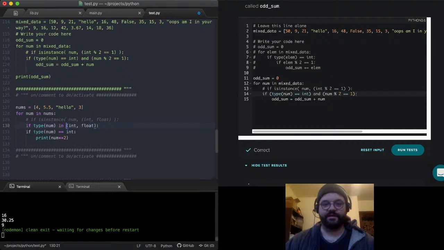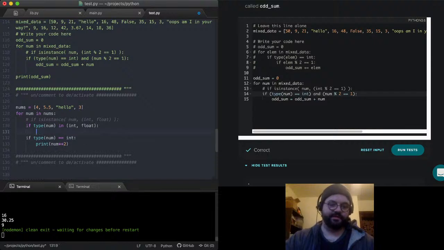Maybe you don't know that you're trying to check an int and you want to do some sort of other dynamic type-checky thing where you have a equals some data, and you don't know necessarily the type of a. Well, you could just do type a. Right, so if the type of num is equal to the type of a, then do this. And if you used isinstance, you'd have to do if num is instance of type a,